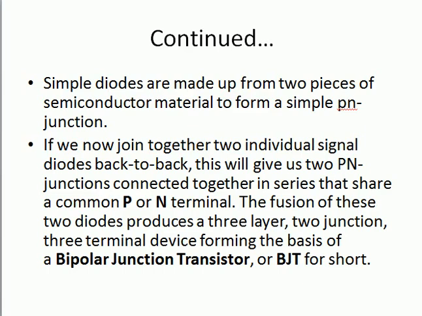But if we join two diodes such that the two terminals being joined must both be the cathode or both must be the anode terminal, it means we are joining the two diodes in such a way that the terminals joining with each other are both cathodes or both anodes. Then there is the formation of a transistor.